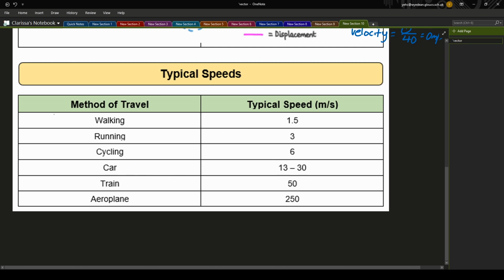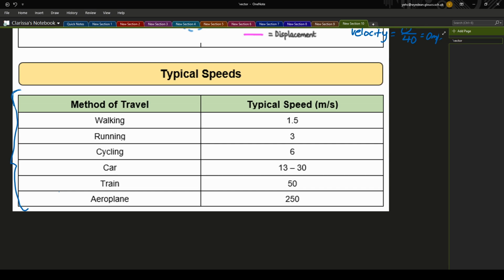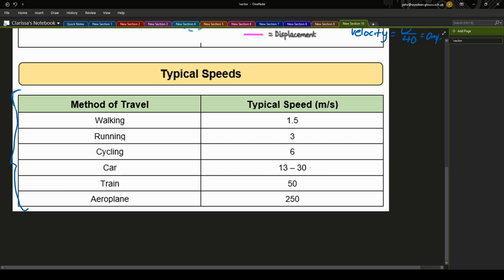Anyway, I hate to be the bearer of bad news, year 10 or year 9 in the future, but you're going to have to memorize these typical speeds. I also recommend that with a car, memorize an easy number. So pick a number that's easy. I would go with 15 or 20 or something like that. You don't need to memorize 13 over 30. I'll tell you